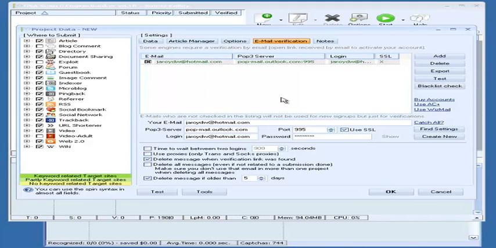Now, the reason why we only do one email account is, for one, it speeds up the account creation, because if GSA only has one account to create per domain or per IP, it's going to be able to go through that account creation process way faster. And the second reason is because it's only doing one email and therefore making one account on each domain, you're going to end up with a wider variety of IP diversity in your backlink profile